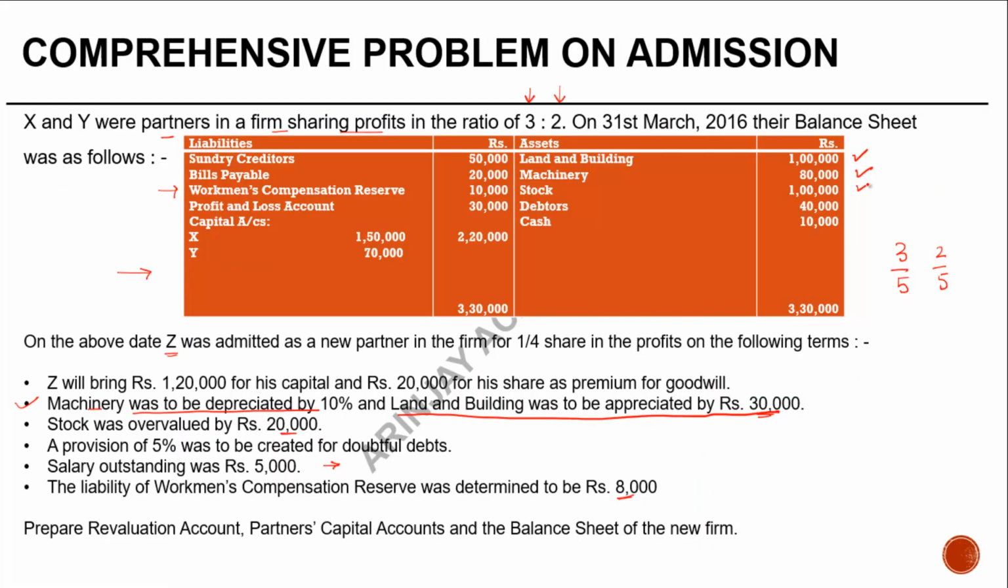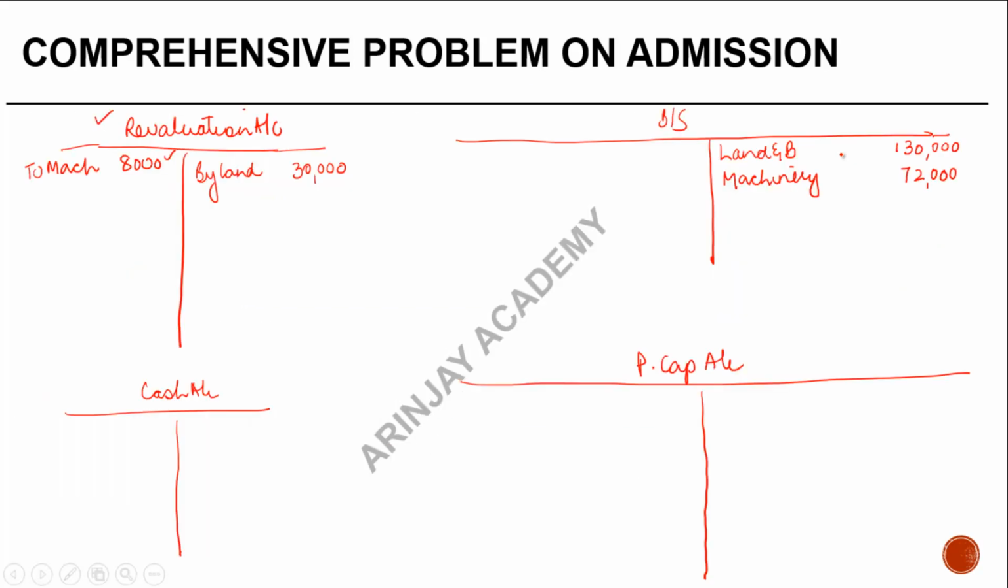You have stock 1 lakh, right? So this adjustment is completed. Stock was overvalued by 20,000, which means instead of 1 lakh, the fair value of the stock is 1 lakh minus 20,000 because it's overvalued by 20,000. So the value will be 80,000. The entry for this will be made because it is a loss to stock account